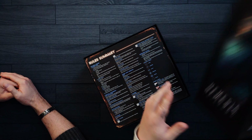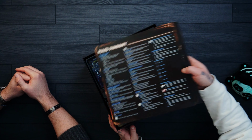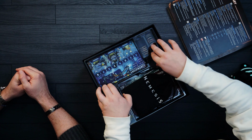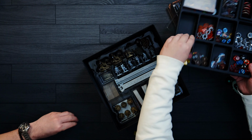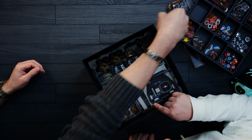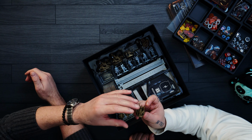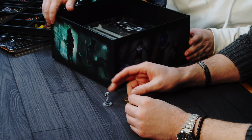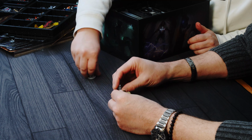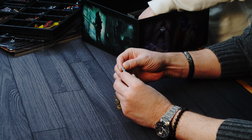Nemesis Lockdown. Awakened Realms is known for putting out extremely nice miniatures, and Nemesis Lockdown is no exception to this. They are known for beautiful quality and also their sun-dropped miniatures. Oh, those are pretty. So I'll hand you some of these guys as well. What do you think? What are your first impressions? Well, you just showed me Nemesis Retaliation with all the little aliens and...